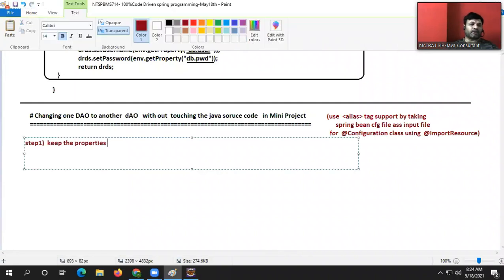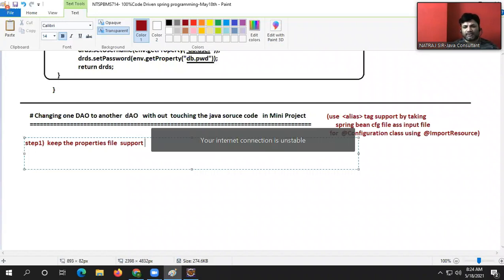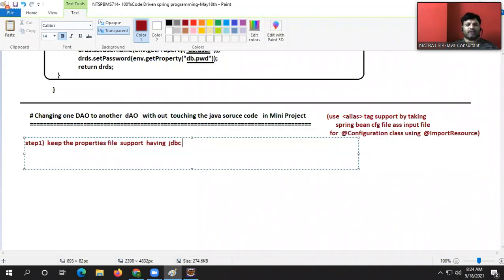Keep the above properties file support. Property file support having JDBC properties. That means the previous setup is required as it is. Number two,